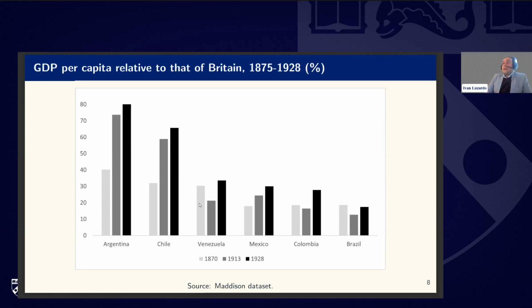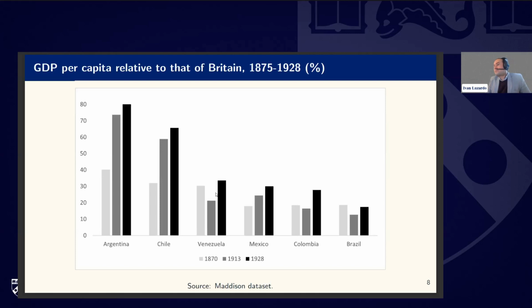Something interesting occurred in the case of Venezuela. You can see that Venezuela started from a position similar to that of Chile or Argentina, but something happened in Venezuela that it couldn't continue growing in the late 19th century, even though its convergence trend resumed in the early 20th century. But obviously there is a divergence at the regional level between Argentina and Venezuela,